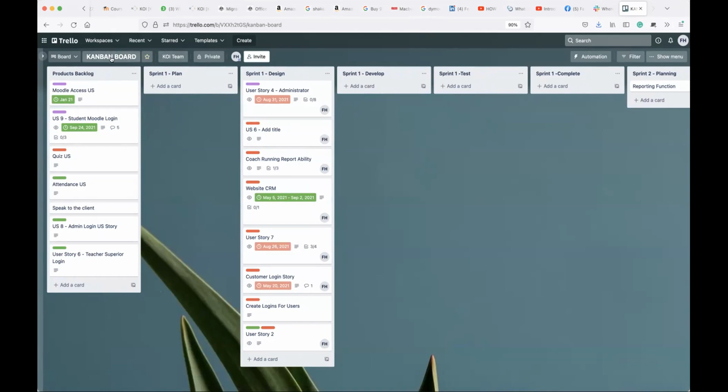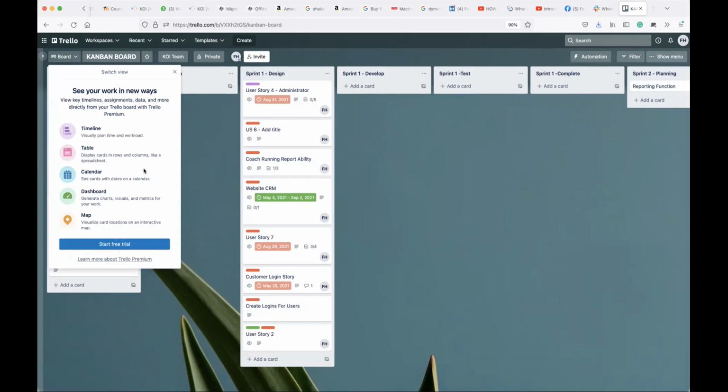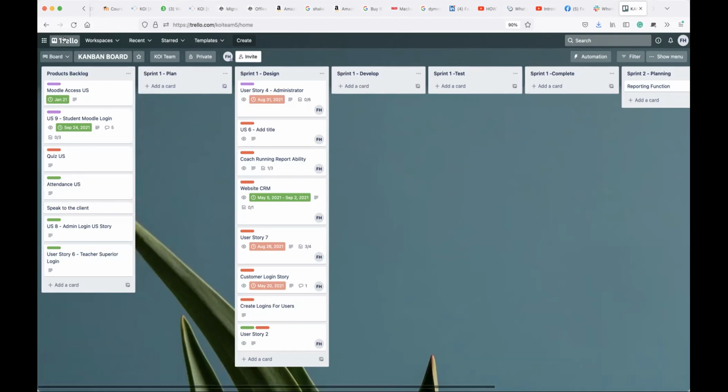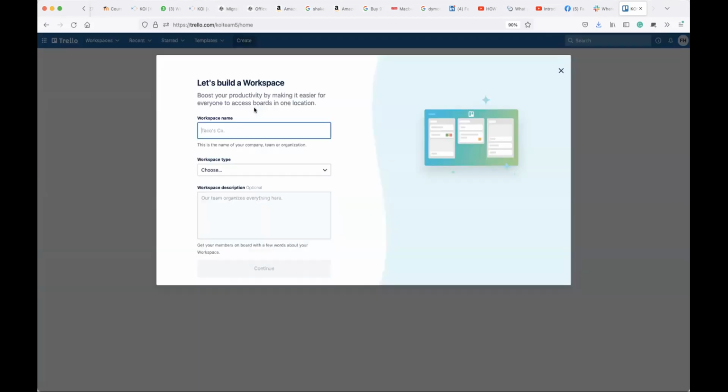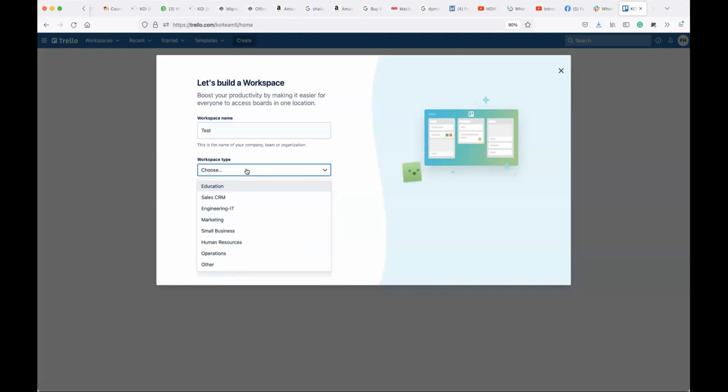Okay, what I want you to understand about Kanban and Scrum is that they are very, very similar, but the only difference is the way you implement it. So what you see here in front of you is the Scrum method of application. If I was to create a new board, let me see, if I want to create a new board, name it test,